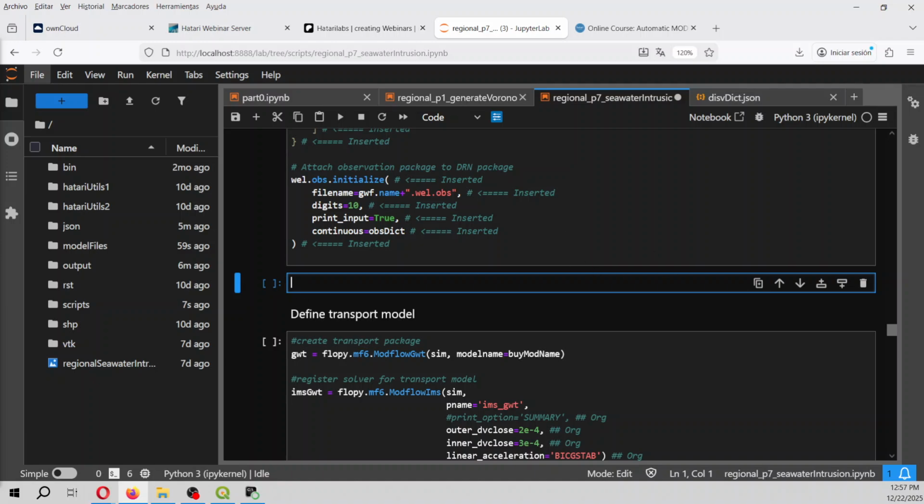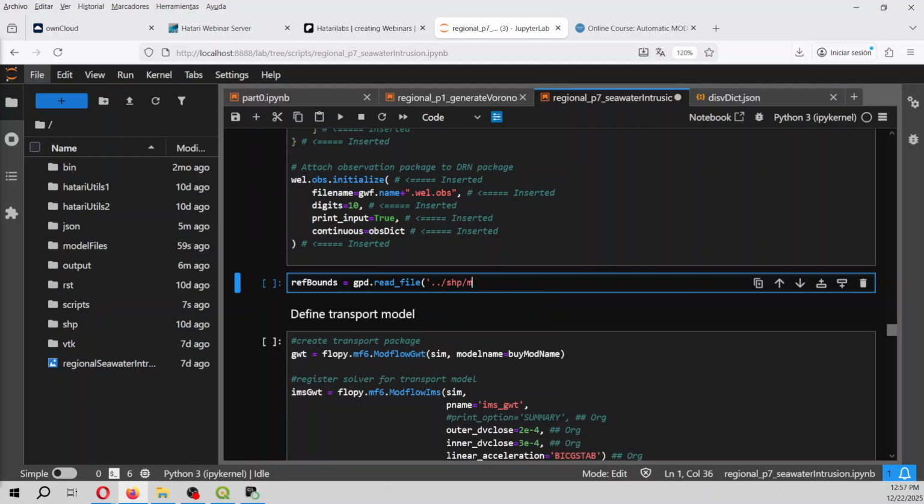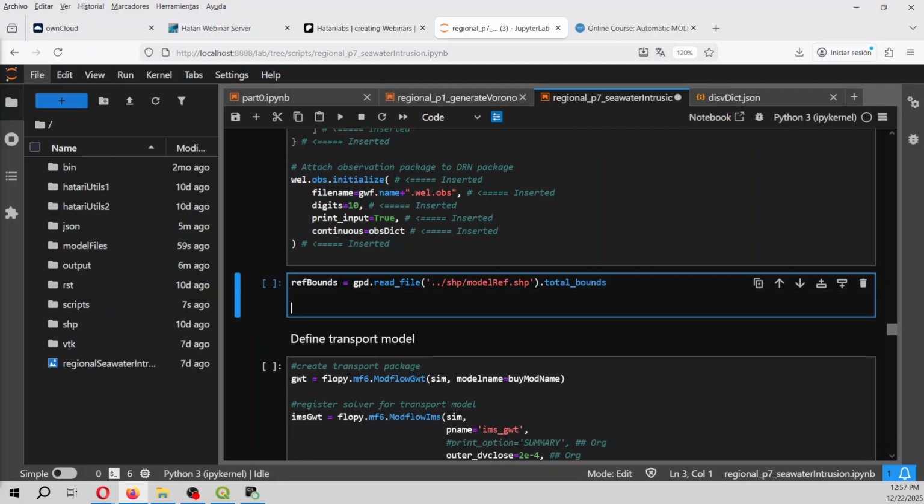Because ref bounds, gpd read file of shapefile model ref.shapefile total bounds. Okay, so we got some bounds, because the problem is that since the mesh is so small,